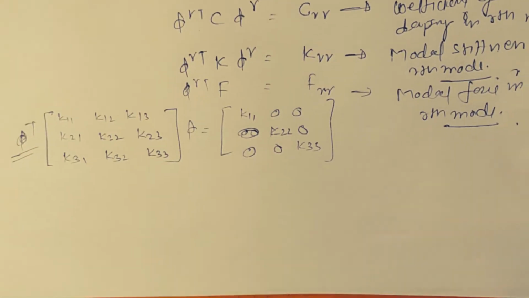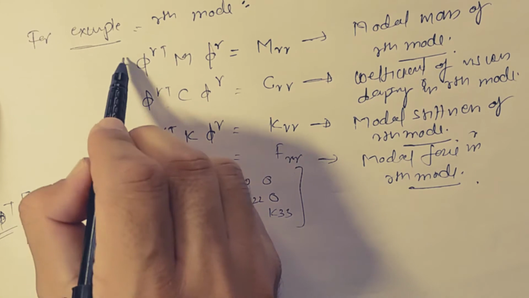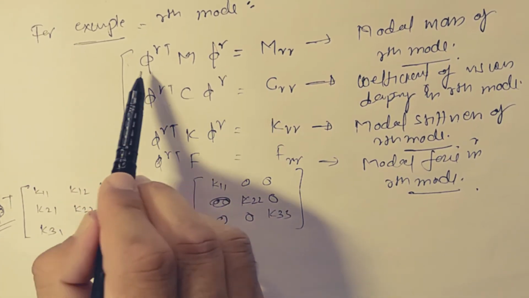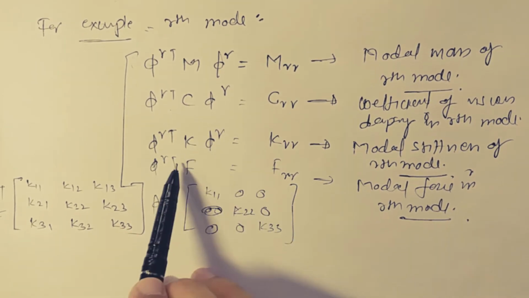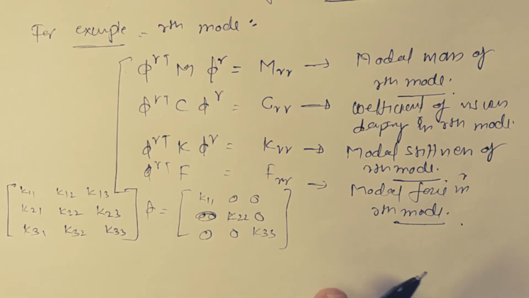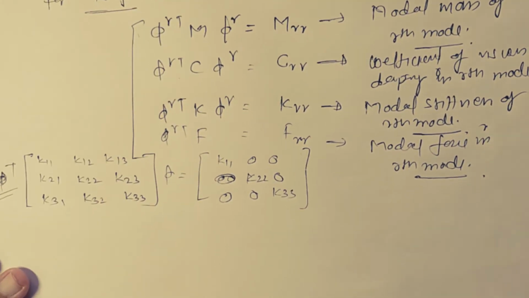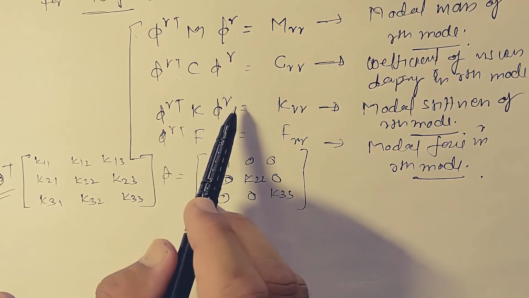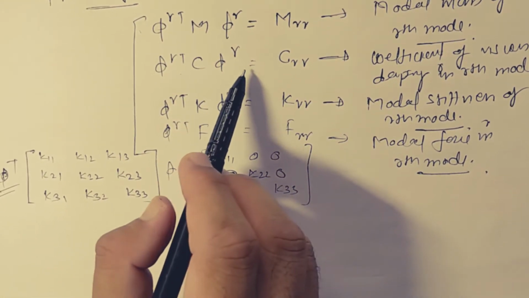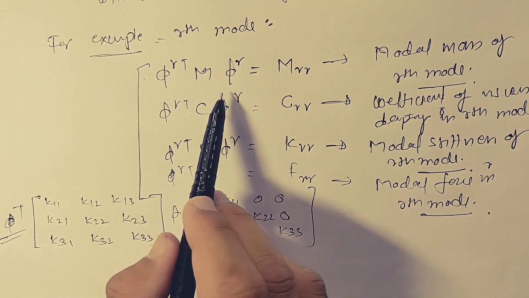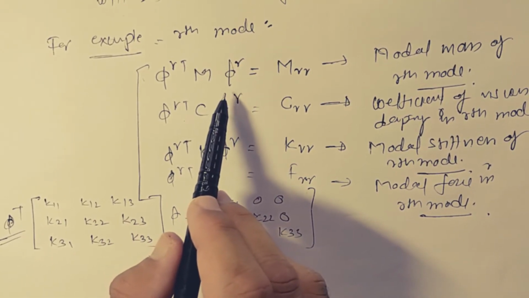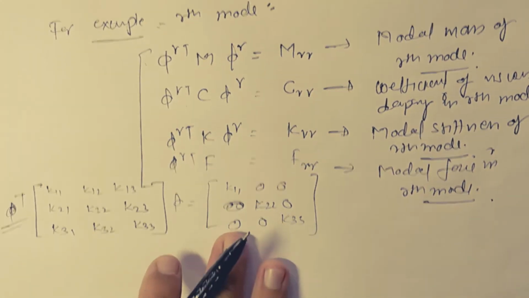Now, this is the set of equations where we have 4 equations. So if we talk about the special property of the mode shape equation, or we apply the special property of the modal matrices, then in that condition,